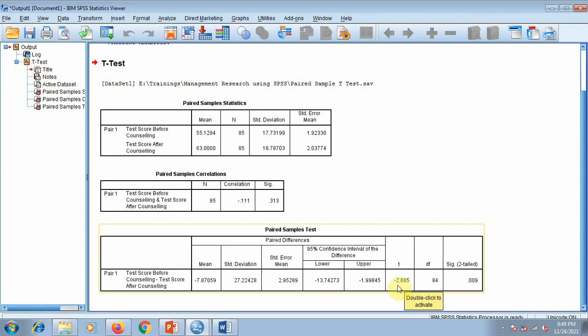So it is more than 1.96. So we can say yes, the test score is statistically significantly different after the counseling compared to before the counseling. In other words, the significance or p-value is less than 0.05. So we accept the hypothesis based on a 95% confidence interval.